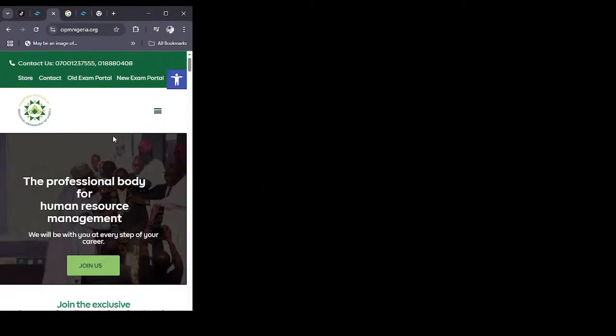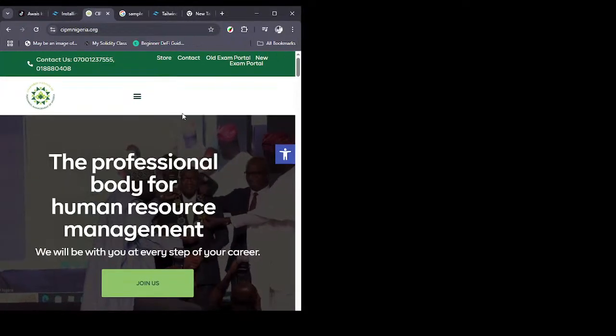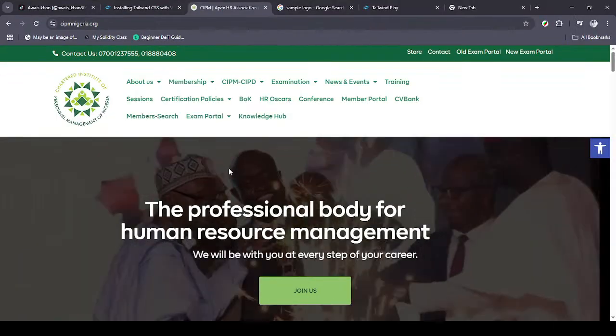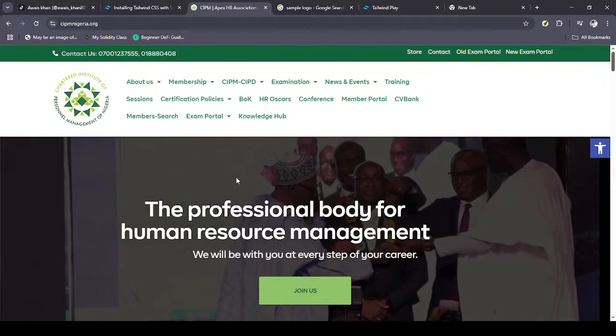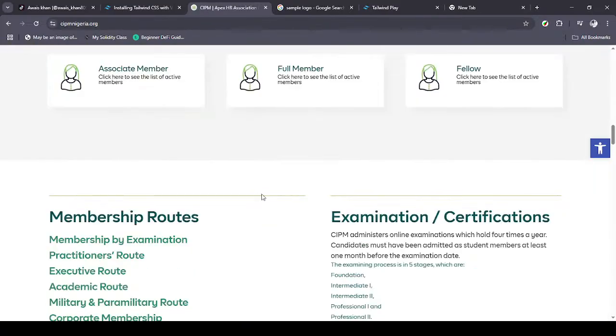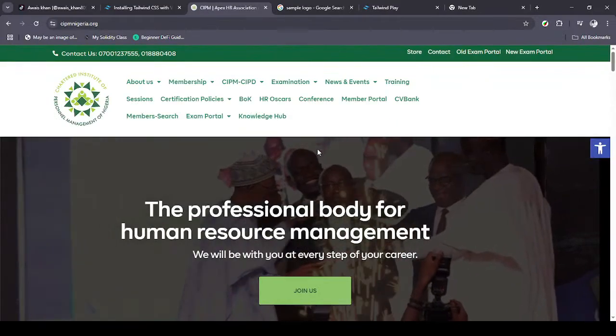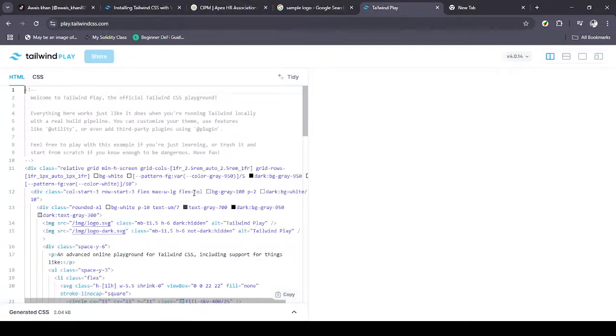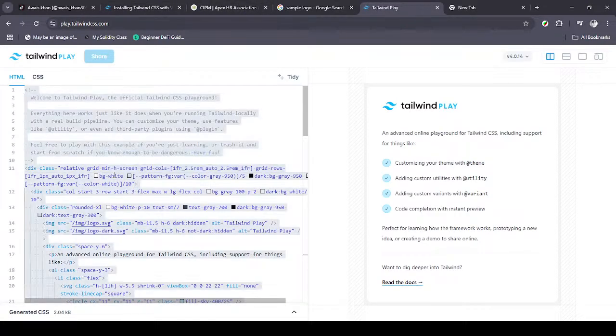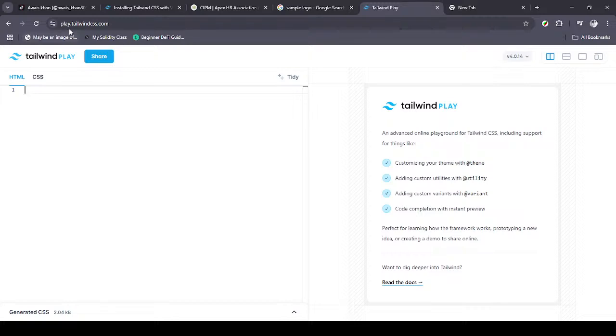So this is like a mobile setup. But if you notice, if I drag this down, I still have this hamburger in this place here. So we are going to try to recreate this tonight, and if we don't finish it, we'll try to finish it maybe another day. So now you need to understand something. I like this. So to come here, you just have to go to